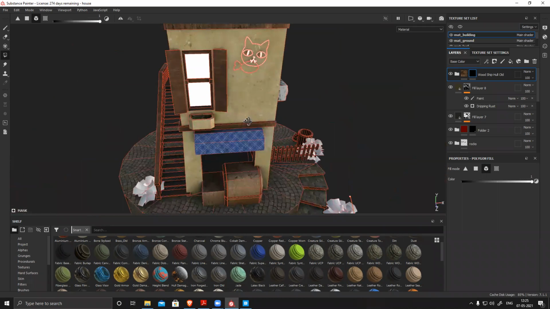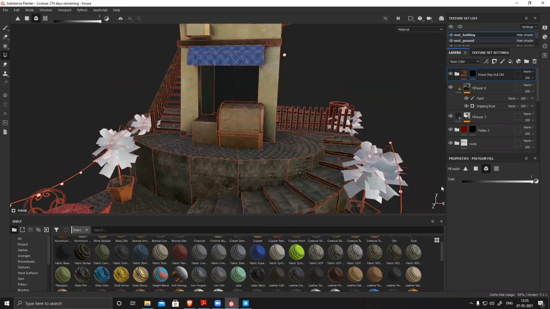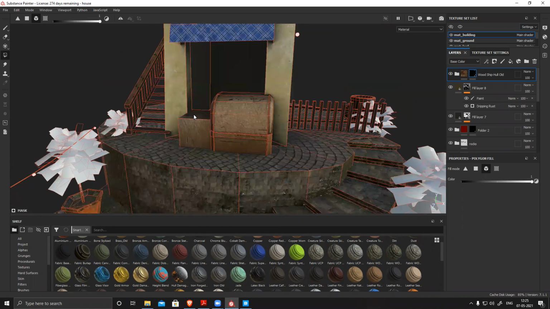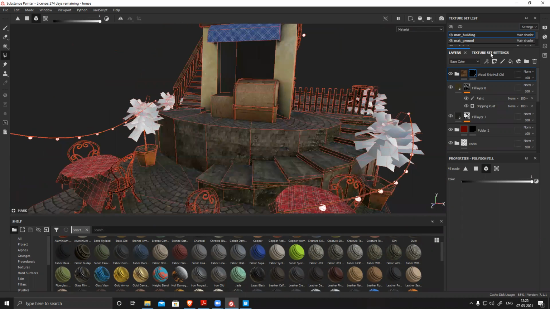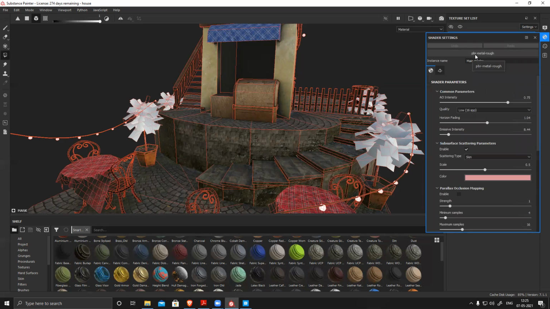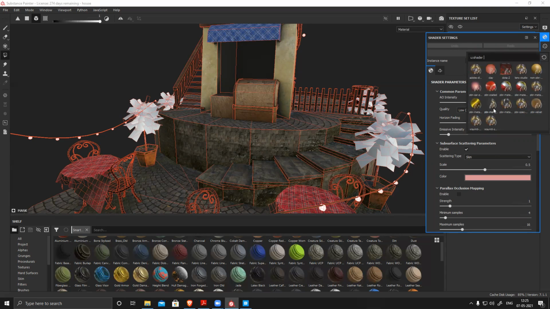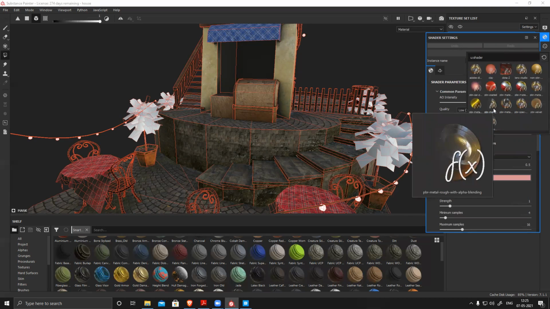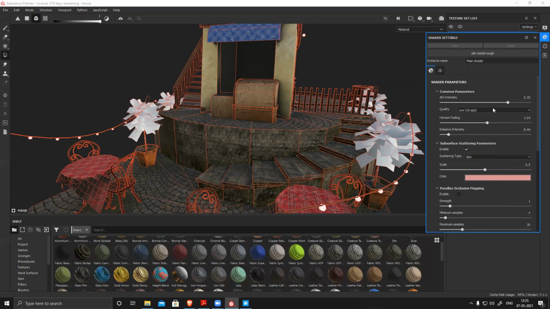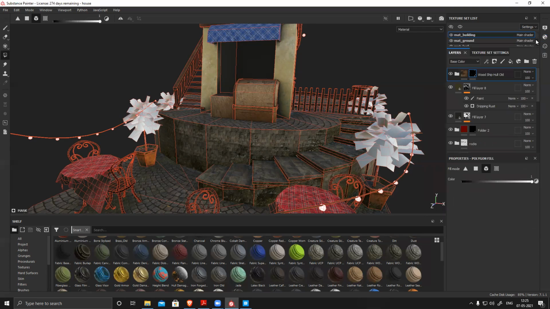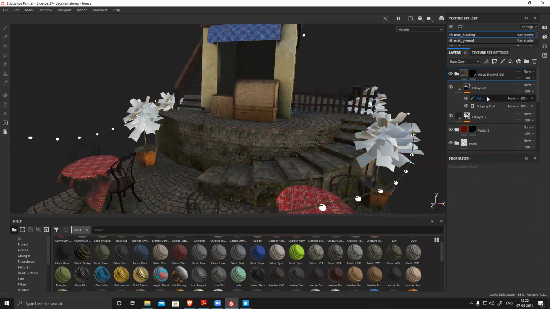I'll create that. So now this glass, to create this glass, I need to modify my shader parameters. Right now my shader doesn't support any alpha. So I need to switch on my alpha. So go to the second option, your shader settings, and right now it's PBR metal roughness. Click this and select this option, PBR metal roughness with alpha blending, and done. But you can see if I select my layer, there is no option for transparency.